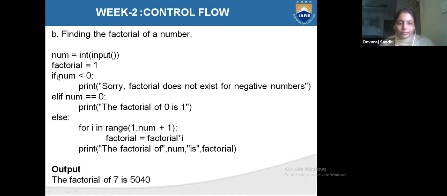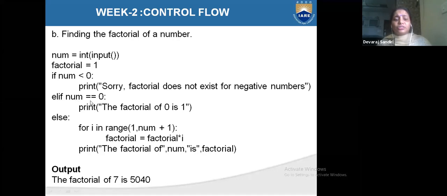See the conditions they gave: if number is less than 0, print that the factorial does not exist for a negative number.